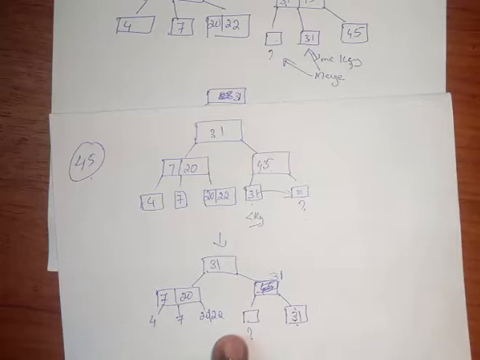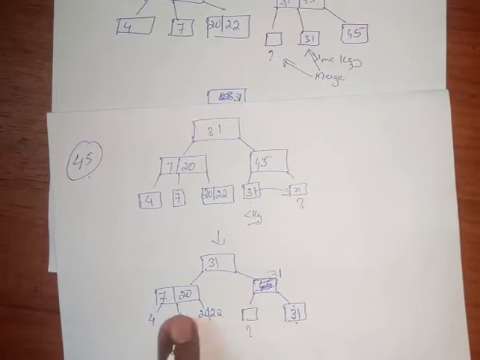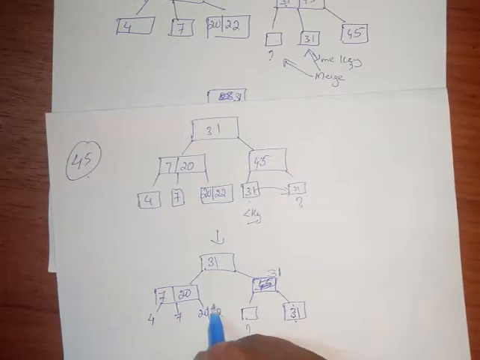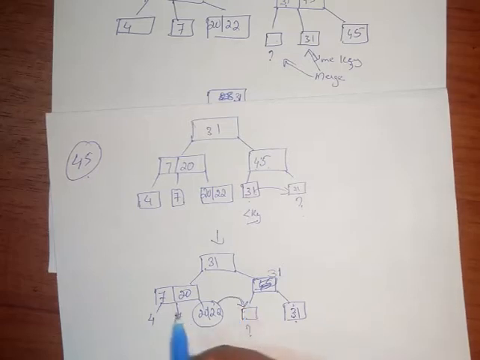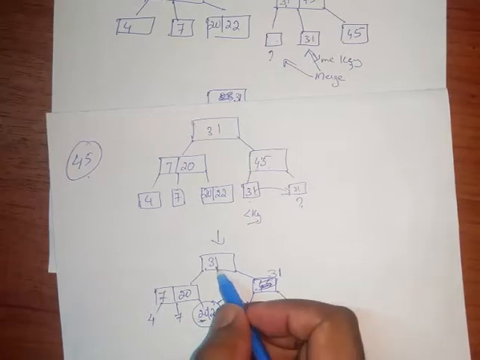So in this case we need to take the value from another sibling. Here there is no direct sibling, but there is a sibling which is near to that empty node, 20 and 22. So we need to merge 20 and 22 with this empty node. We need to merge these two nodes. But there is some procedure to move a node in between these three. Here they are not direct siblings, they are actually indirect siblings.